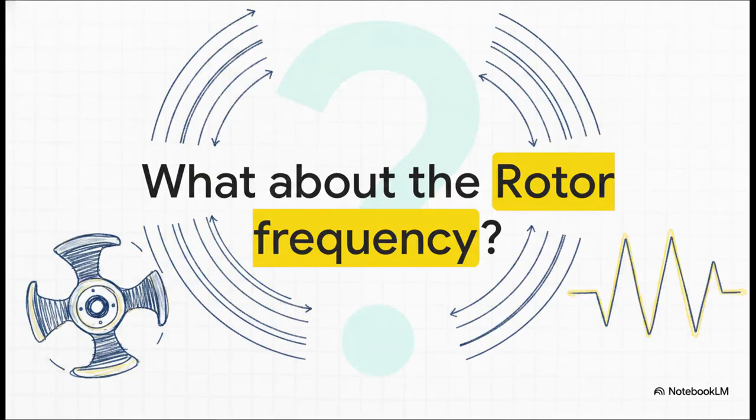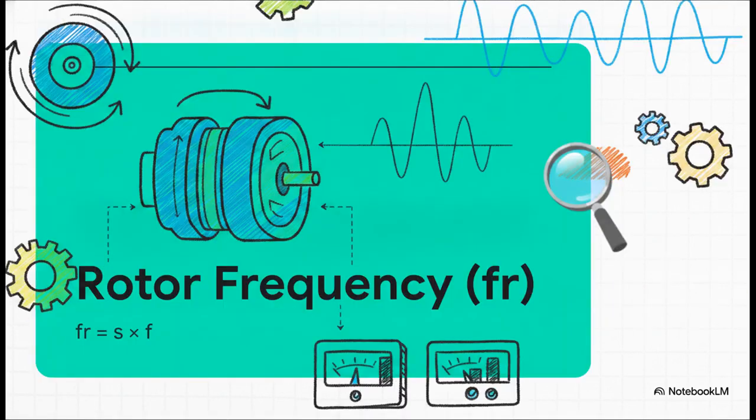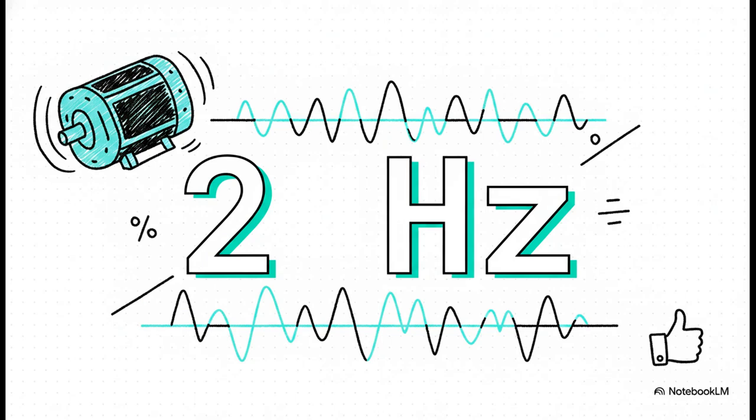Keeping that momentum going, what about the rotor frequency, denoted as f_R? If you thought that last formula was straightforward, you are going to love this one. It's a surprisingly simple equation. Rotor frequency f_R simply equals our slip s times the supply frequency f. That is it. All we have to do is multiply our given 0.04 slip by our assumed 50 Hz supply frequency. Just a tiny bit of mental math here, 4% of 50, and it gives us a beautifully clean answer